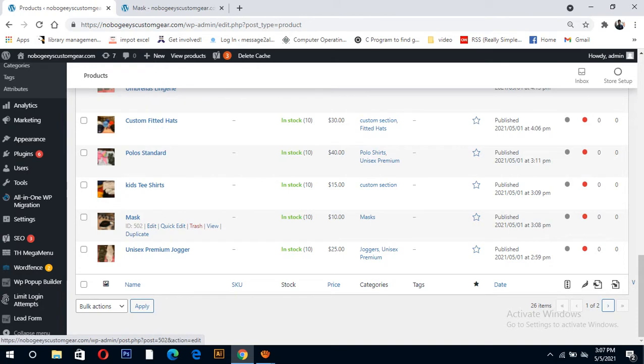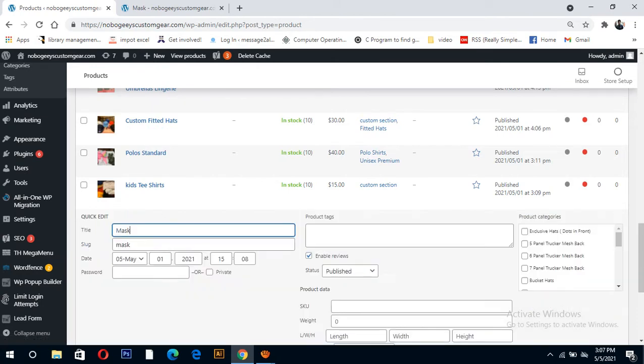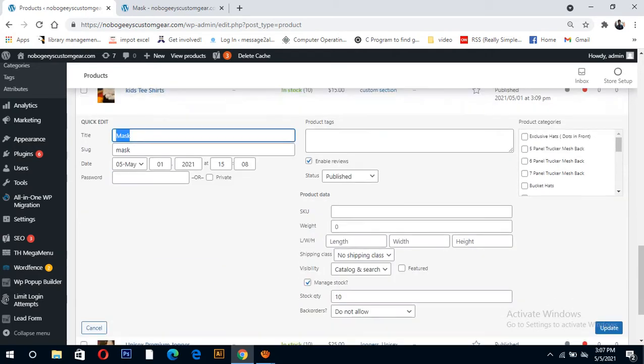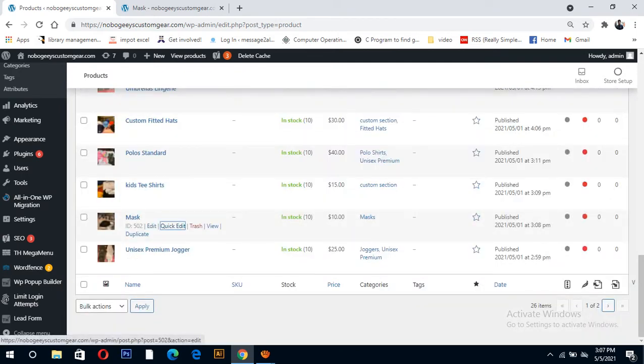Remember, if you only change the name, you can use quick edit and just save. If you only change the title, you can quick edit. Otherwise, if you want to change many things like price, then you edit.